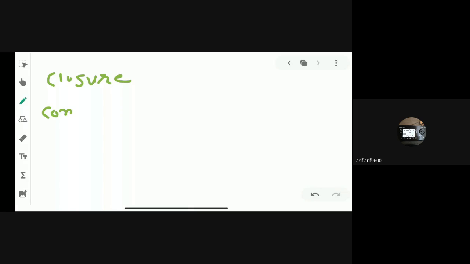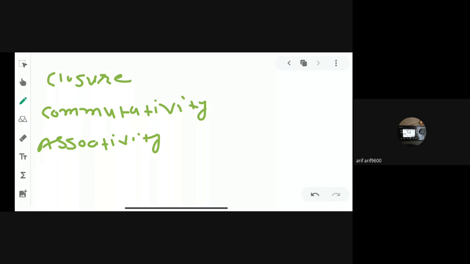Property, then commutativity, then associativity, then role of 0, role of 1,